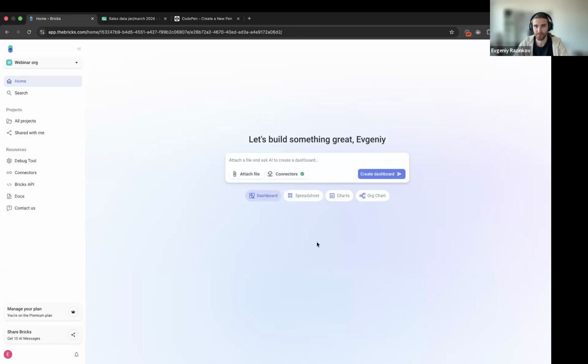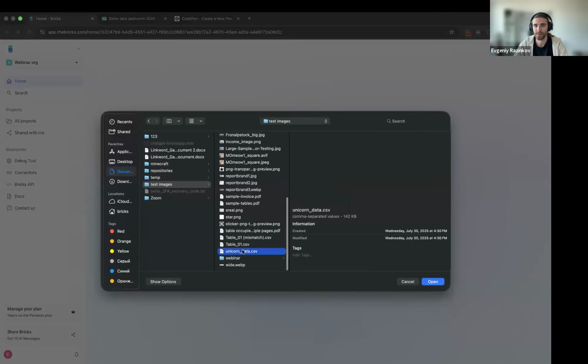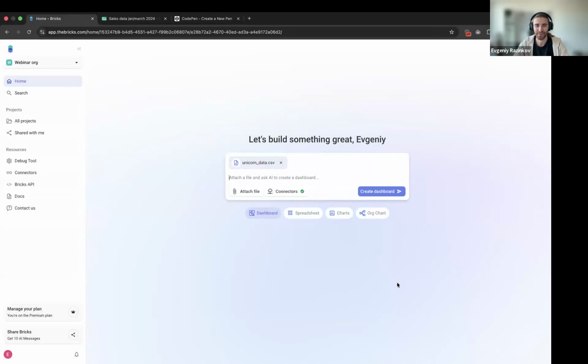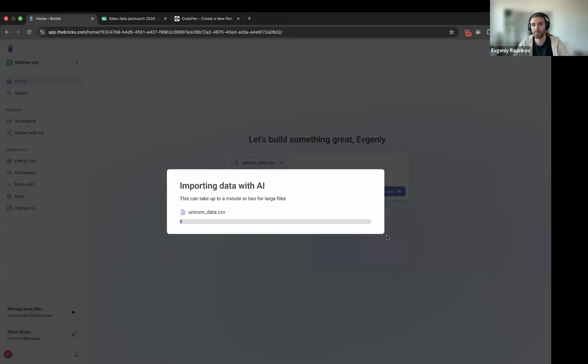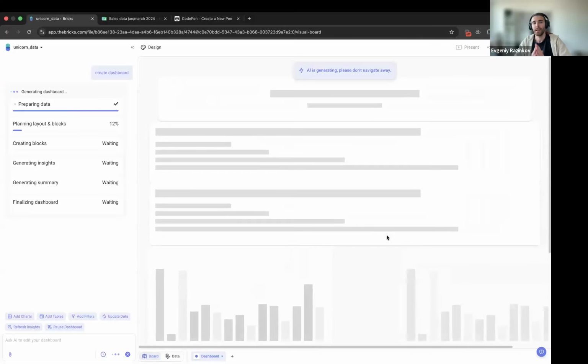The only thing that you need to do, for example, I have some CSV data locally, unicorn data. It's not about the animals, it's about the big companies, sales, investments. I can provide a prompt here if I want some specific analysis, some special data I want to see, but let's assume that I don't know. I just want to see what Bricks can do for me. So I attach the file and create the dashboard. This is all that I need. And now